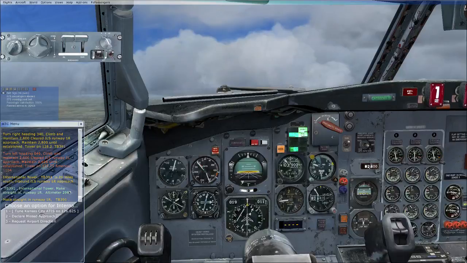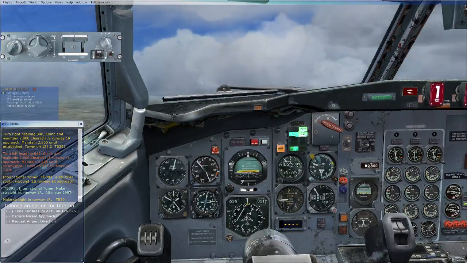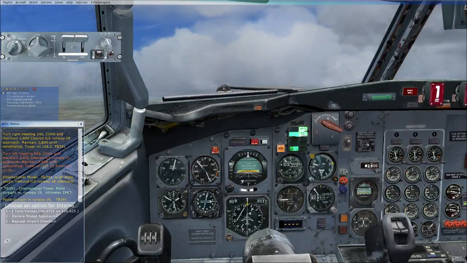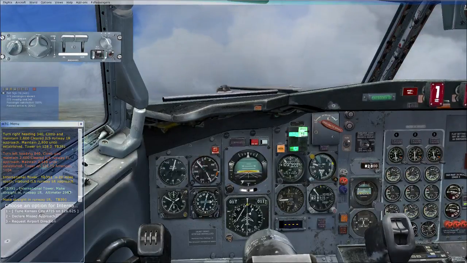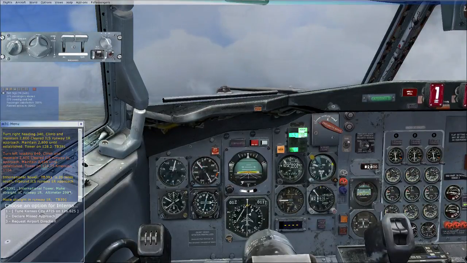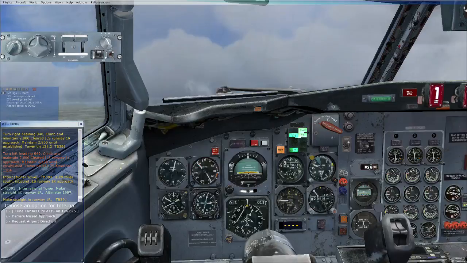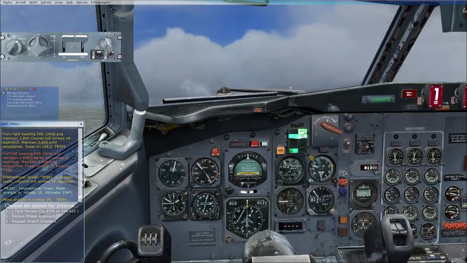Everything looks good for ILS approach. Flaps 15. Gonna maintain about 160 until we capture on the glide slope, and go down to about 150. Normally where I like to fly it in. Whether or not that's correct procedure for this aircraft or not, whole nother story, but